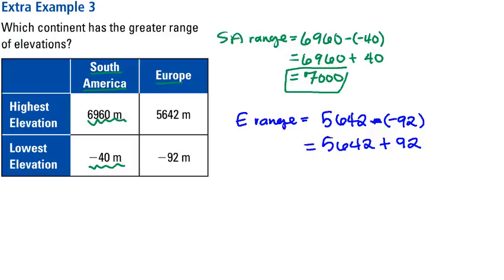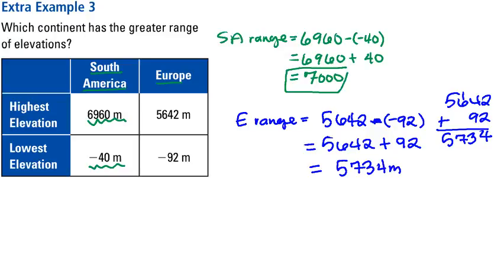It's just easier for me to do this vertically, so we go 5, 6, 4, 2, plus 9, 2. We're going to see this is going to be 4. This is going to be 13, so I have to carry my 1, so I'm going to see 5,734. So this European range is going to have a change in elevation from negative 92 up to 5,642, and that's going to be